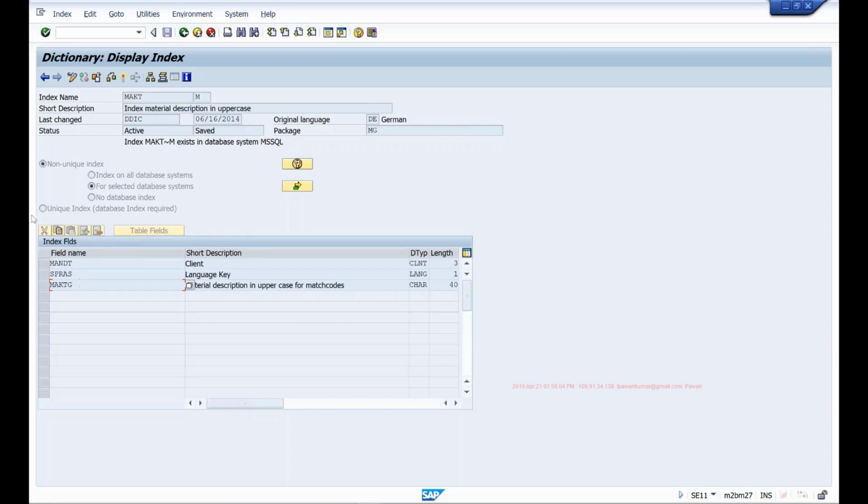So this index allows you to speed up the read time. When I look up a table for data, the system has two options. One is it can manually scan each table for each value, each field, and compare them manually to identify the matching record. Or if there is an index available, it can simply look in the index to find a matching record and then go and directly hit the row number of the table to get the data stored in that row, right? It's similar to a book.